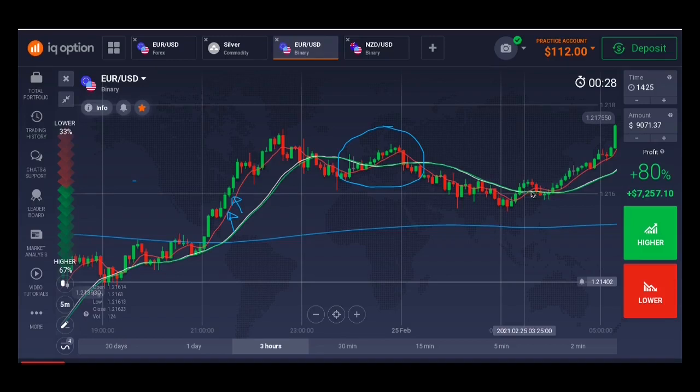You see this red crosses. After this red crosses, there's a red candle. Anytime you see a red candle like this at the cross of this red moving average, you wait for a green candle to show. You don't buy. You wait for a green candle to show before buying. You see, when the green candle shows up here, you wait for the next one to open and close without touching this red moving average. Then you buy at the next candle. You buy. You can see you are in the money. So that's how to buy with this strategy.